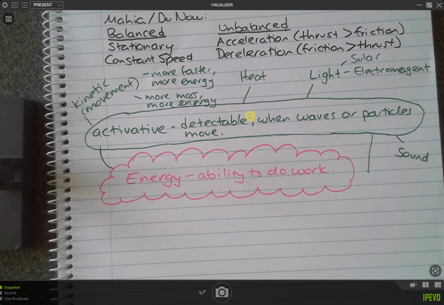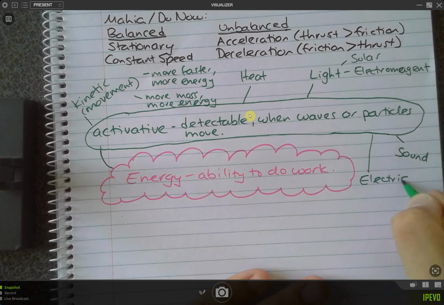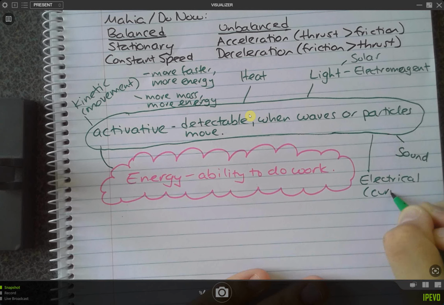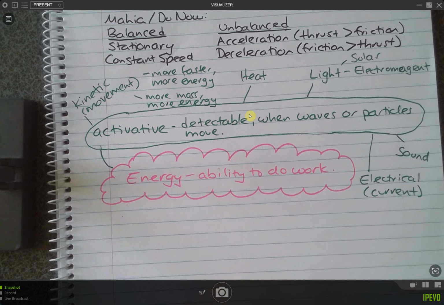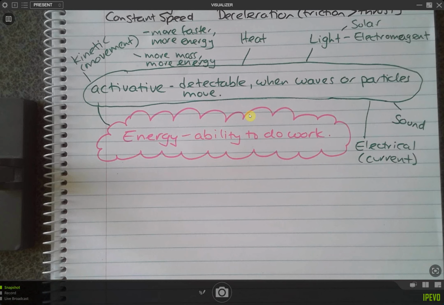Exactly. So that power is an example of an active form of energy, electrical. But with that electrical, there's two types. So I'm going to write down that this one's talking about current. All right, so those are my active forms of energy. I'll leave that up for a moment so you guys can make sure you have that copied down, and then I will start on the inactive.